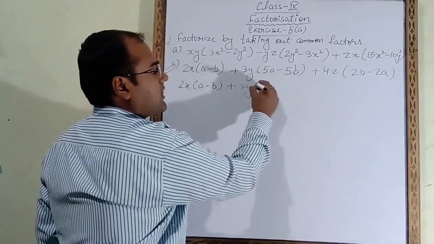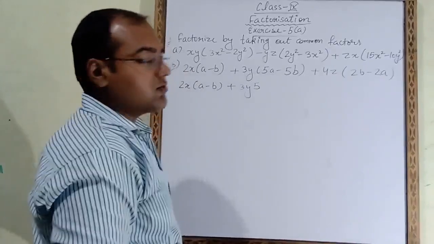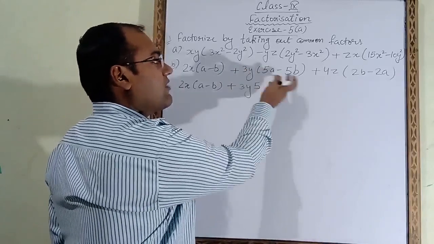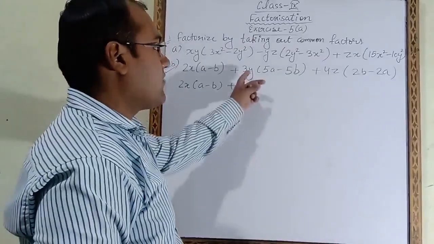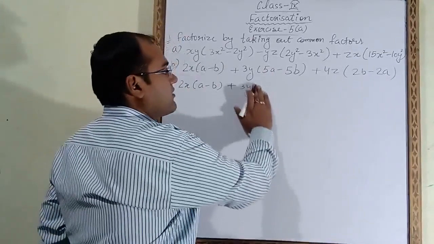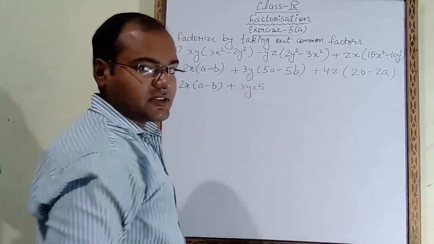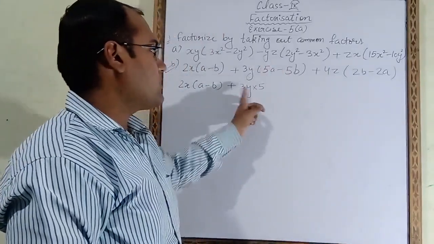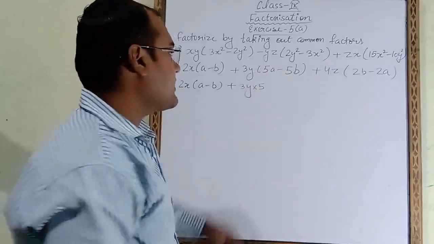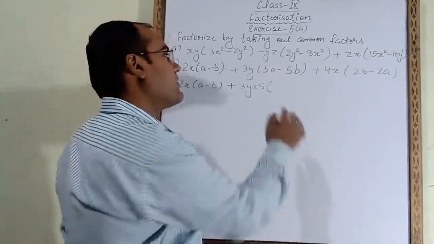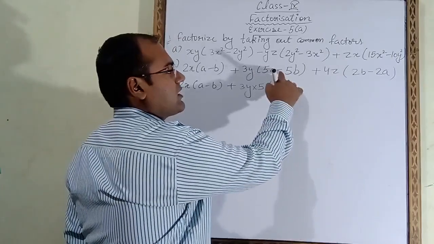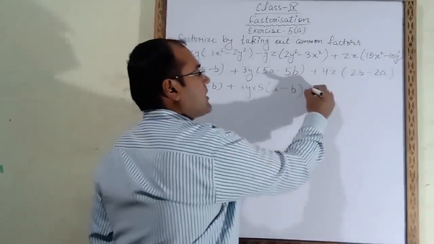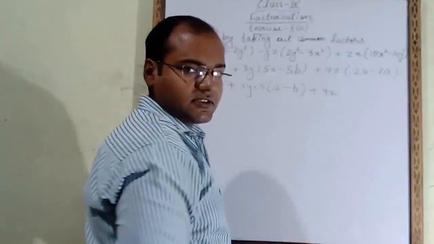From these two terms we will take 5 common. But already one number is written outside, 3y, and one more number we are writing outside, that is 5, which we are taking common. So here we have to separate them with the multiply sign. This 3y and the number which we take common, we have to separate with the help of the multiply sign. Now in the bracket we will write the remaining terms. 5 we have taken common, so here it will be a, minus, 5 we have taken common, here it will be b. Now come to the next term, plus 4z we have to write as it is.